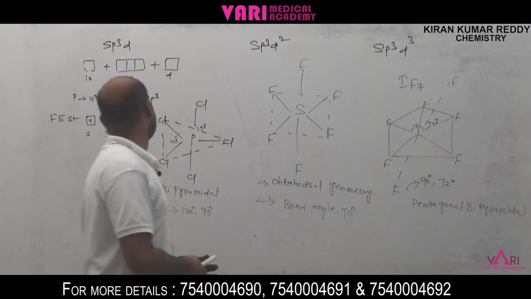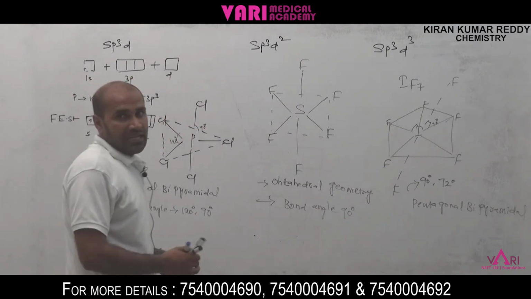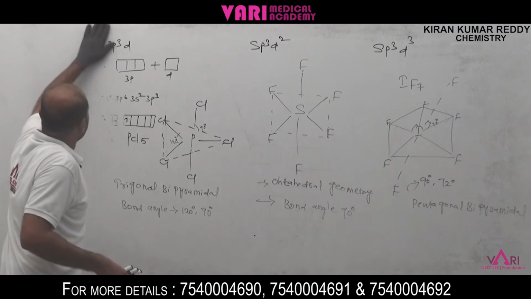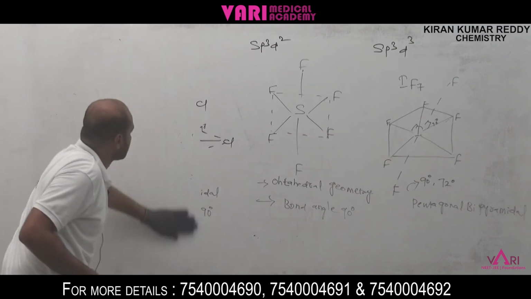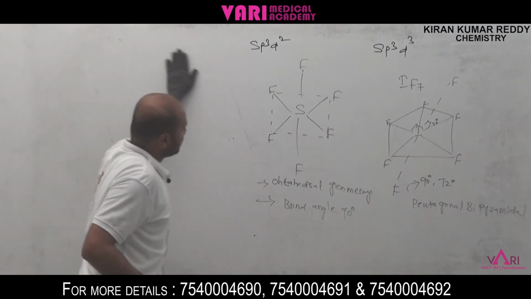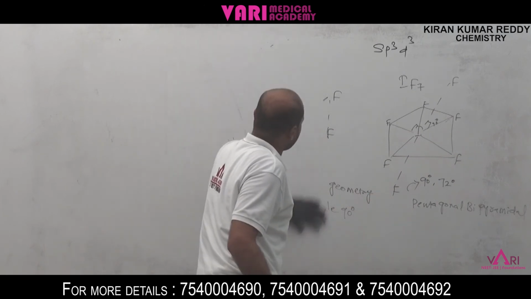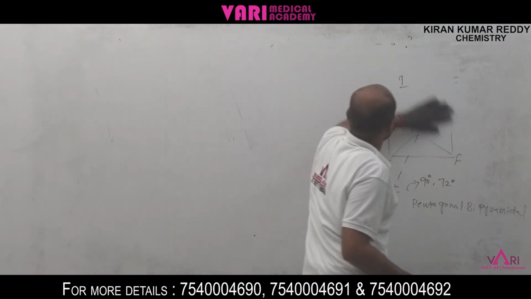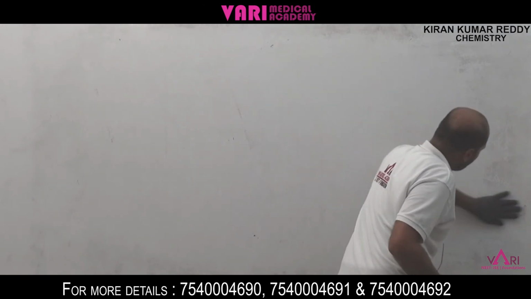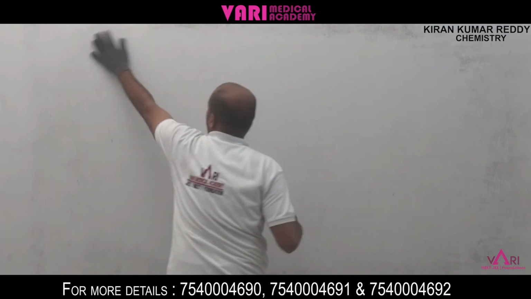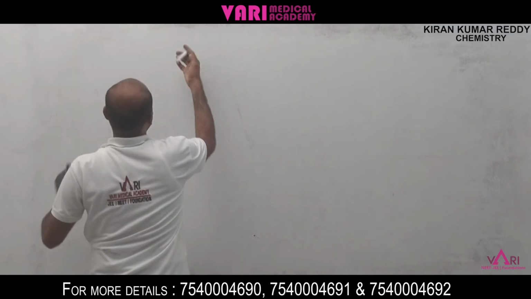These are sp3d, sp3d2, sp3d3. Next one is the formula of hybridization. What is the concept of hybridization? Very important. They are asking in examination, that is geometry and bond angles. And next, there are two types of formulas present in hybridization. Very simple formulas, remember. One is the hybridization formula,